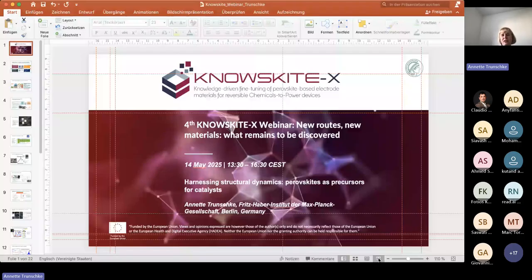And normally, if we look at an ideal structure of a perovskite, our surface looks like this. We see on the surface only the lattice oxygen. But in reality, we see many different oxygen species, and the oxygen species are the active species in our propane oxidation. They abstract the protons from the propane molecule to form propylene. And therefore, we are particularly interested in the oxygen species at the surface.